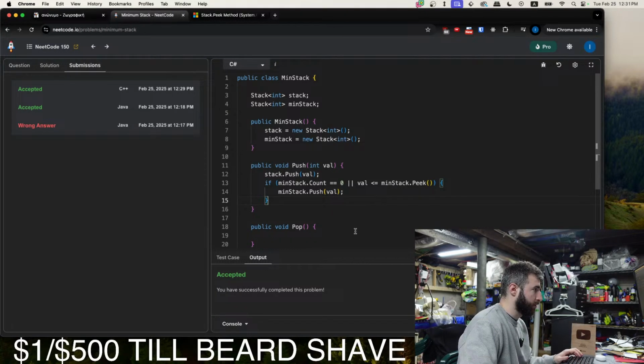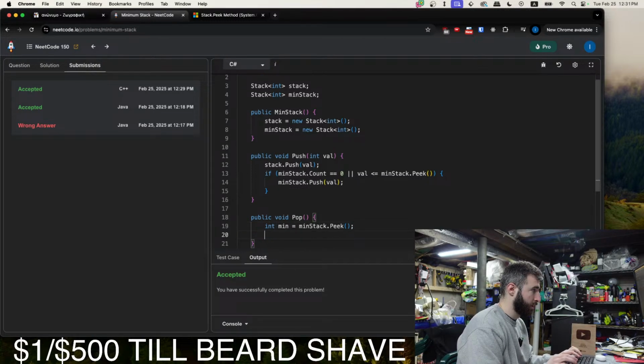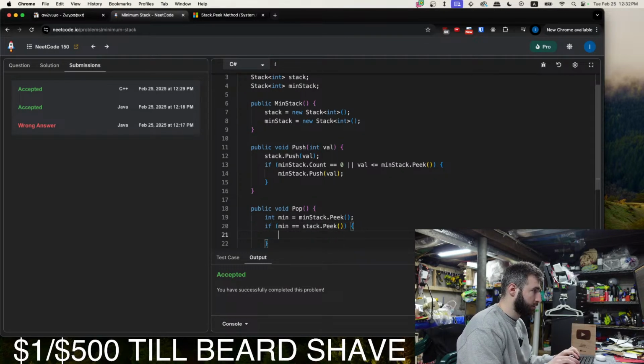Now pop. Int min equals min stack dot peek. If min is equal to the normal stack top element, then we pop from the min stack. Min stack dot pop.